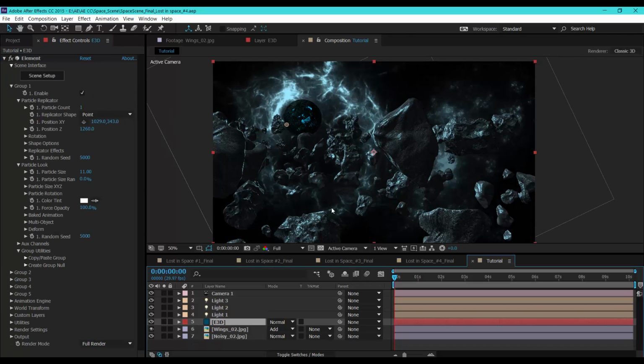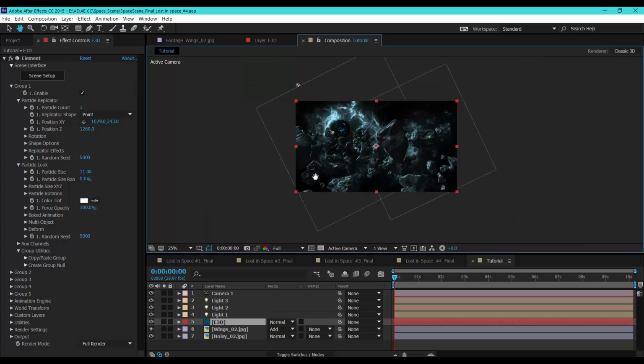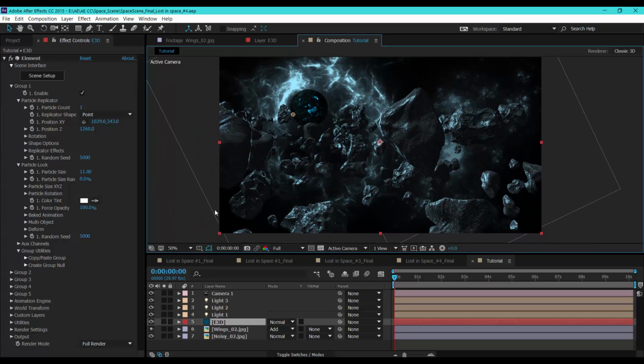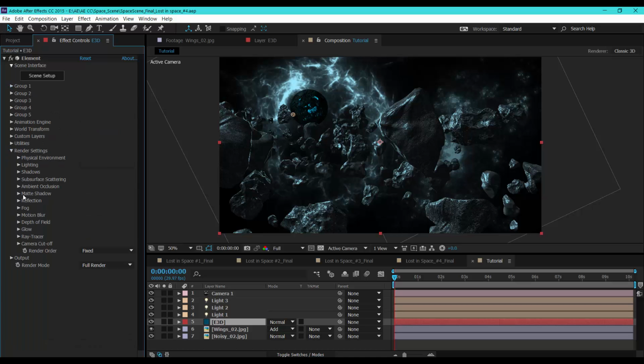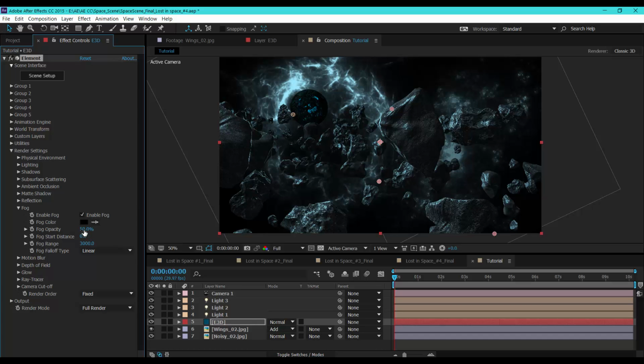Okay guys, so the scene is looking pretty good. It's time to add some more detail to it. So let's go to the render settings and turn on the enable fog. Let's play with it a little bit.